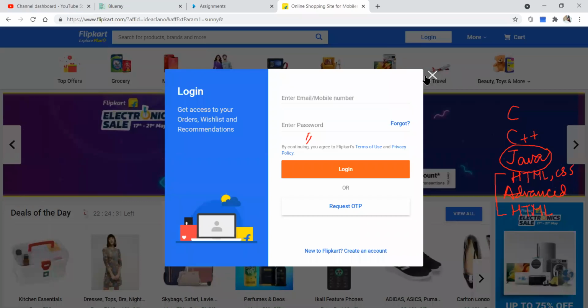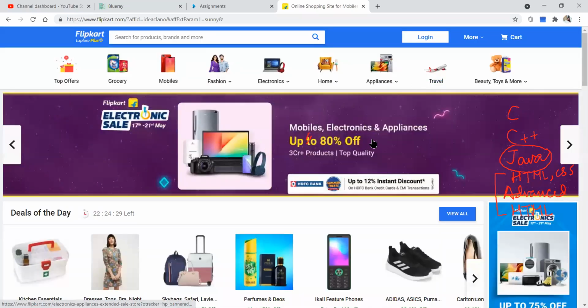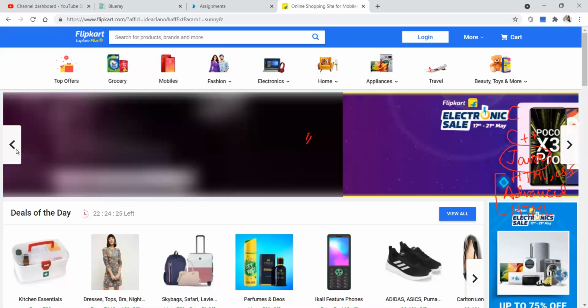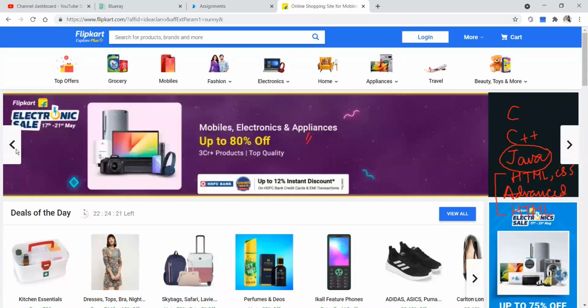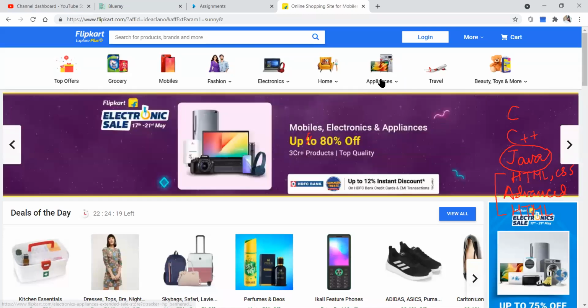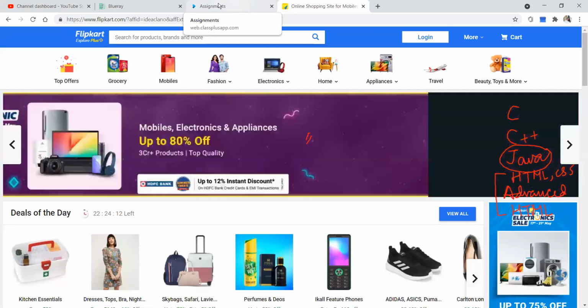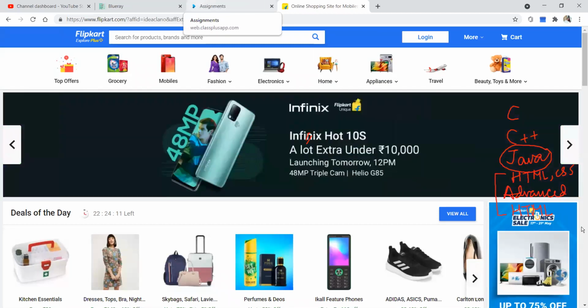They require my login. I don't want to show the login. Here you can see, I can change the pictures, right? All those pictures I can change. For this kind of website design, Java is much needed. Some Java features are getting used over here.